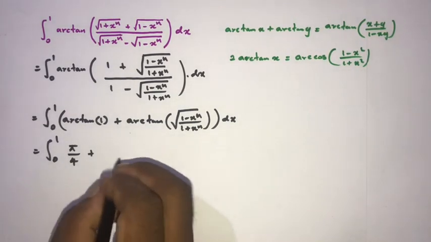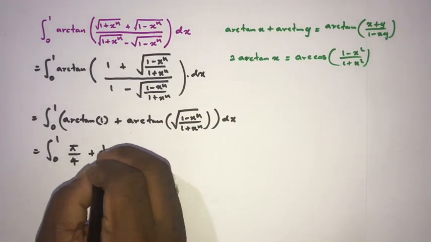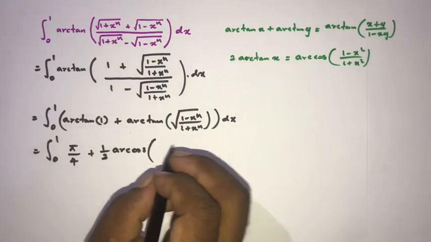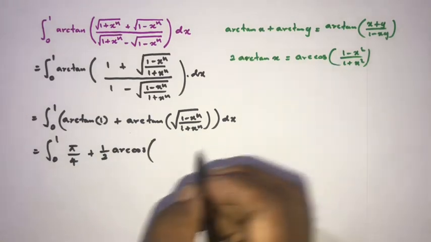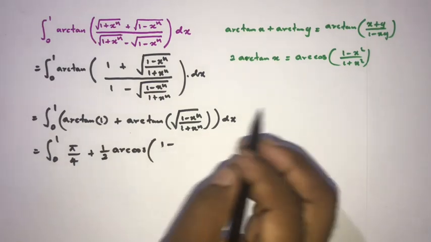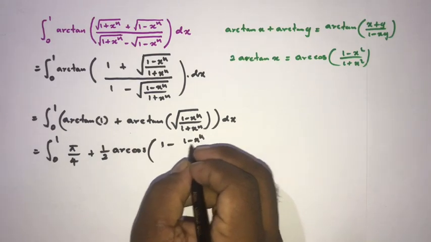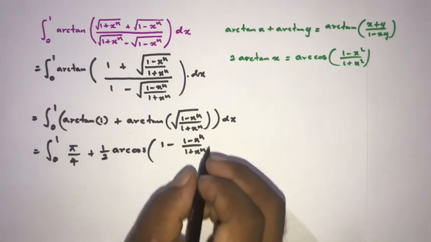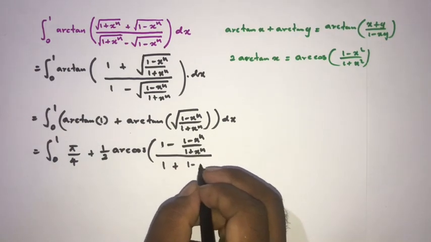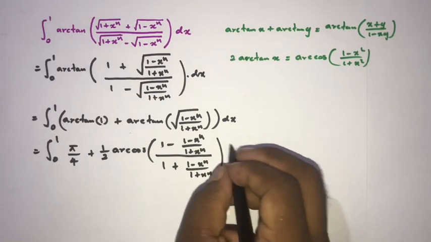So we can write here now we have arctan, but here 2, so 1 half times arc cosine of now 1 minus x square, so 1 minus, now instead of x we have this angle, so we can write (1 minus x to the n over 1 plus x to the n) over (1 plus 1 minus x to the n over 1 plus x to the n) here